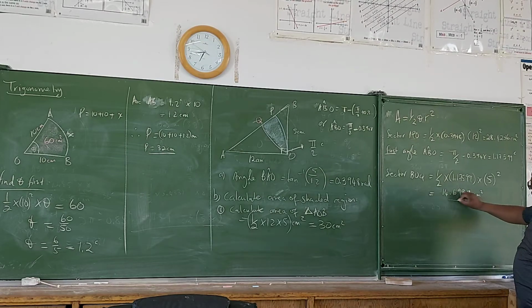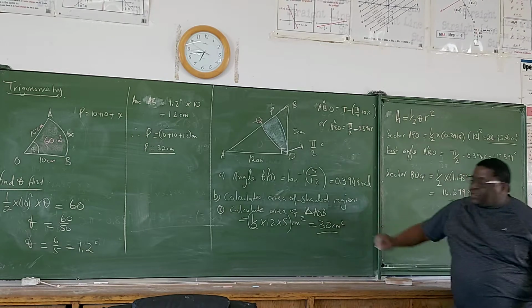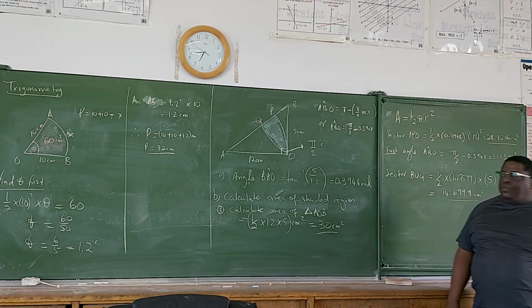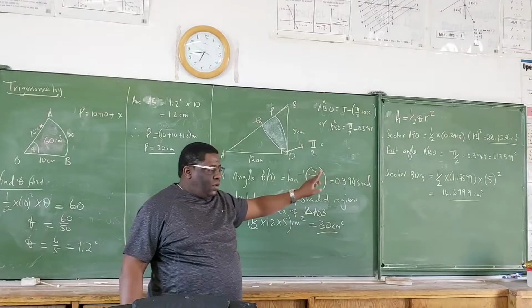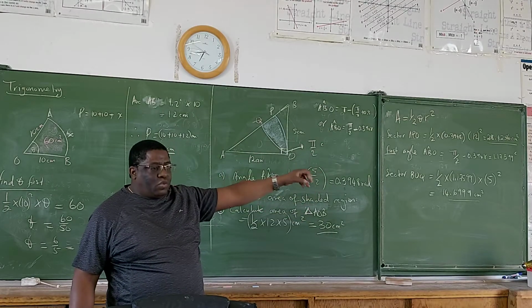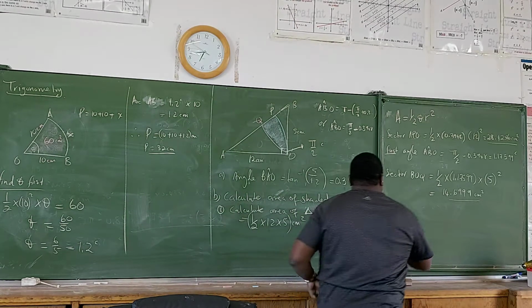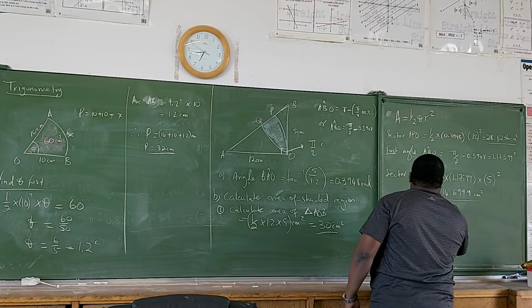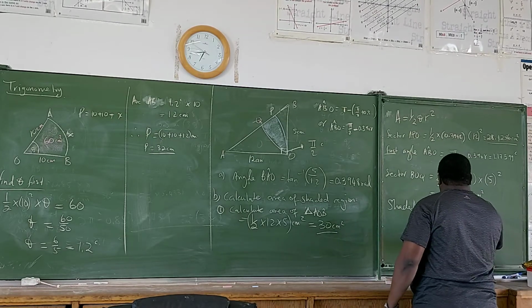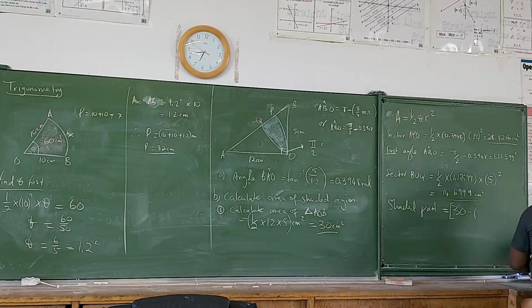Now I have this answer, I have that answer, and I have this answer. What should I do to find the shaded part? You add the sum of those two subtracted from 30. You understand? So, shaded part equals 30 minus the sum, you guys know,